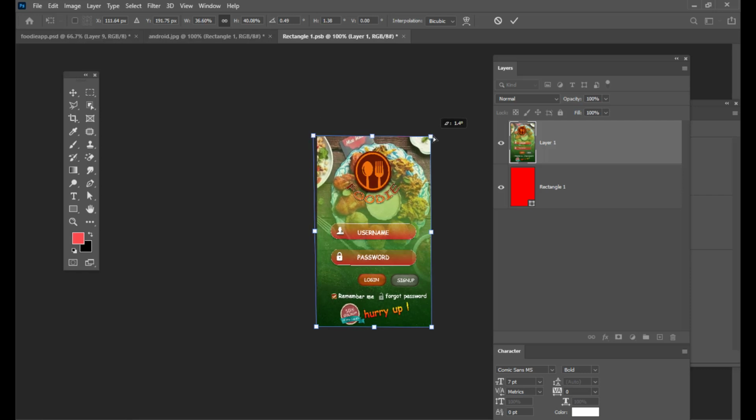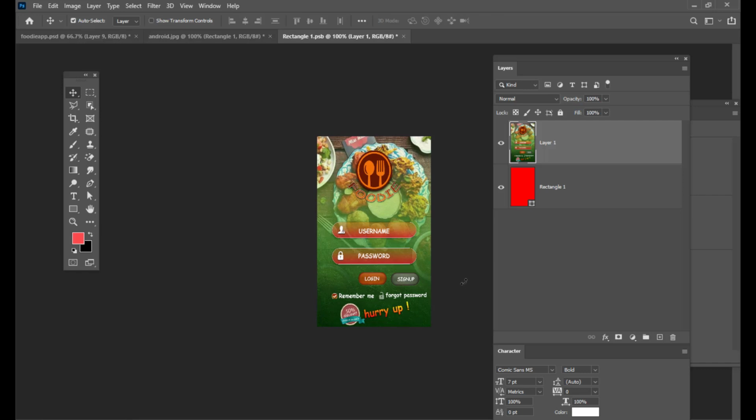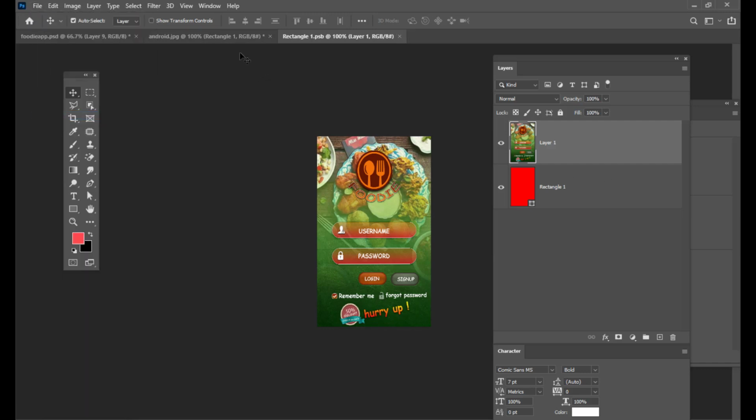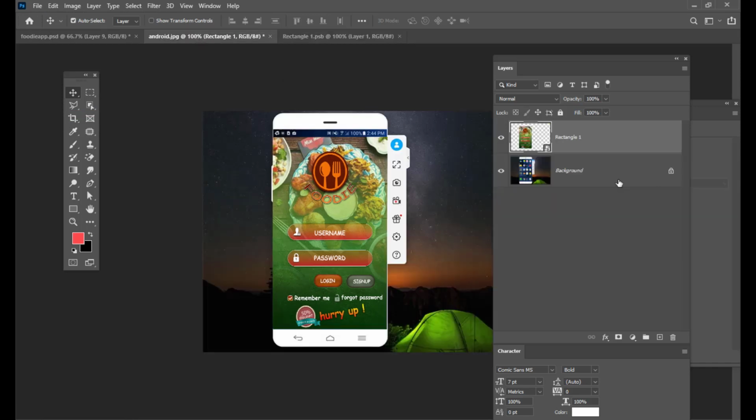Also make sure that it is not stretching. That's it. Now we have adjusted it, and all we have to do is save. Don't forget to save, and then open your original file.